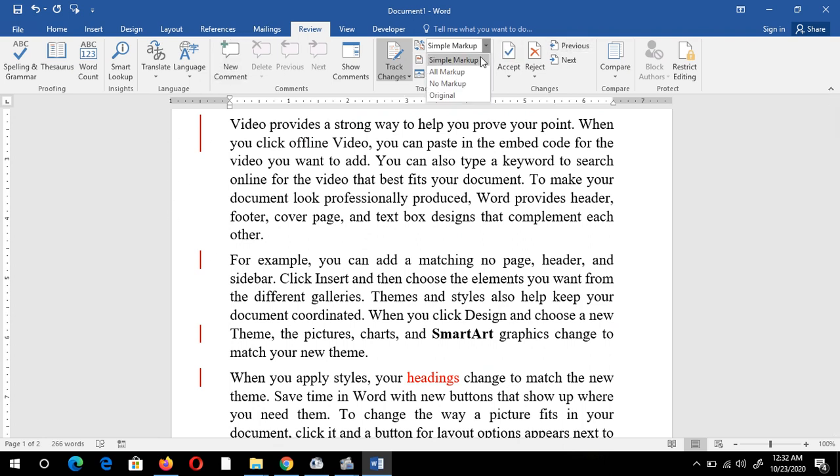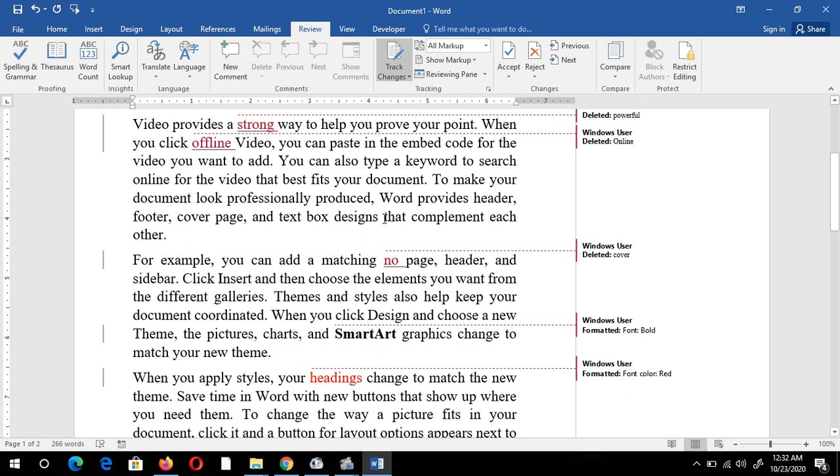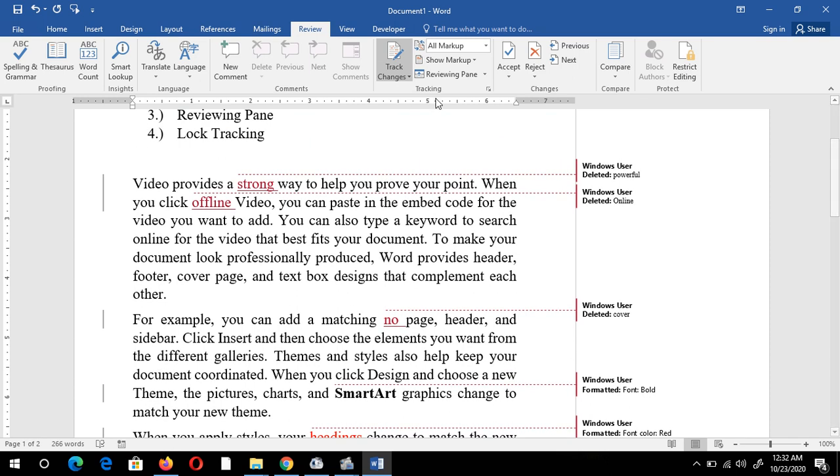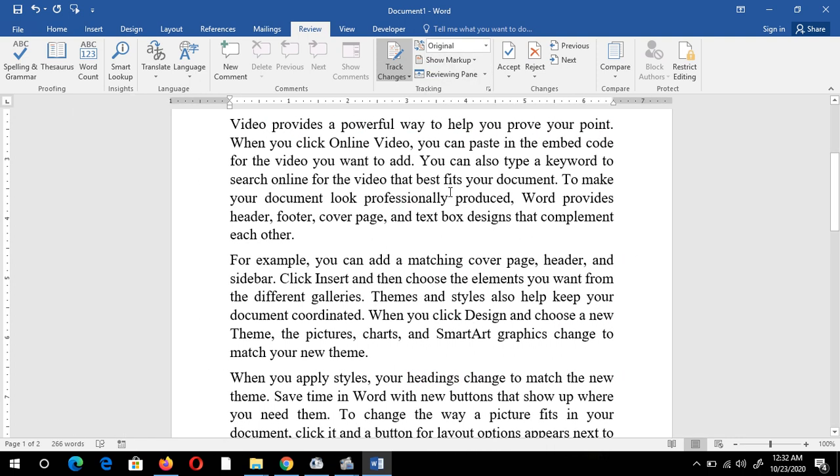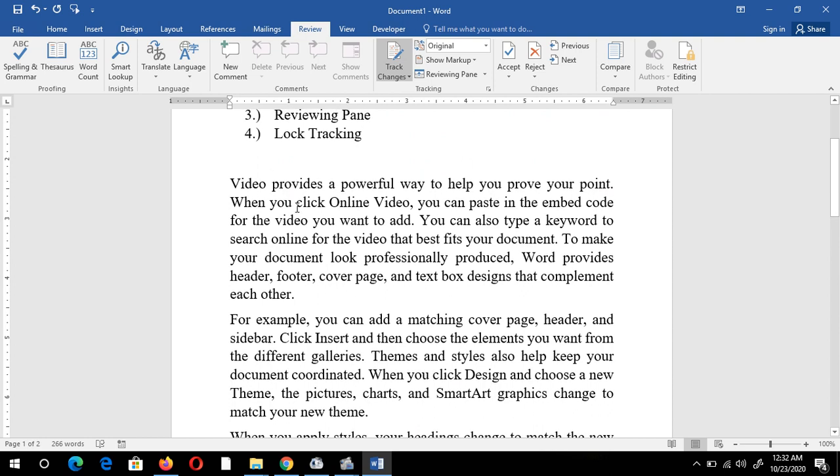If I click on All Markup, it will show all the details of what happened with my document. Now suppose I want the original document. So I have to click here. Now I'll get my original document without changes.